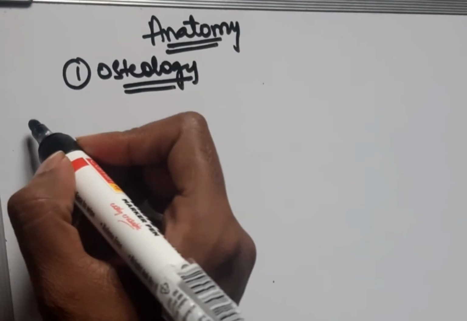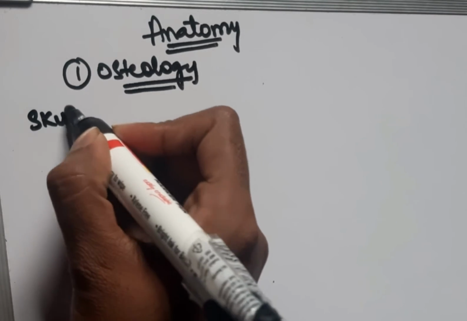So from this, today let's see about the introduction, and as the introduction is so large, I have divided it into two parts. This is part 1, in which we are going to cover the introduction of the skull, the bones of the skull and the joints of the skull. Okay, so let's get started with the topic, which today is about the skull.